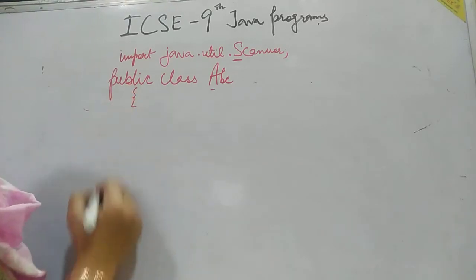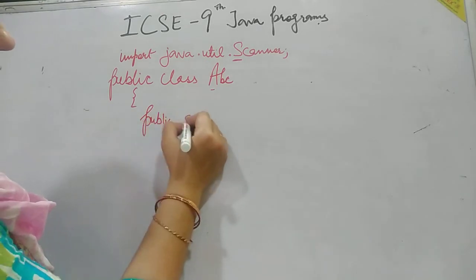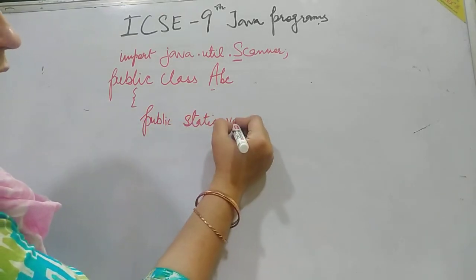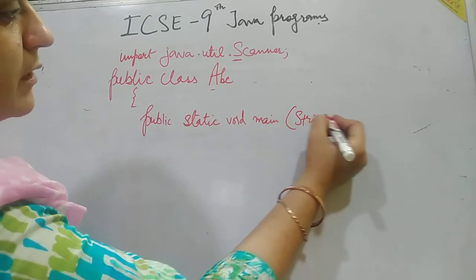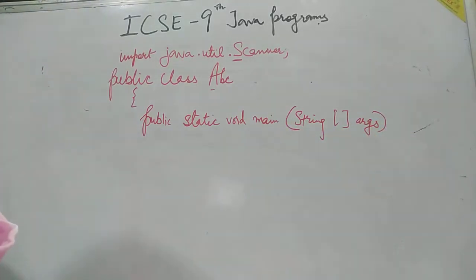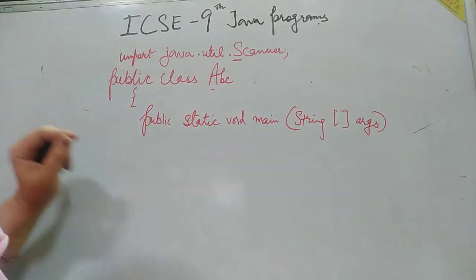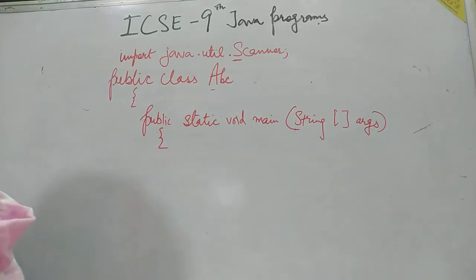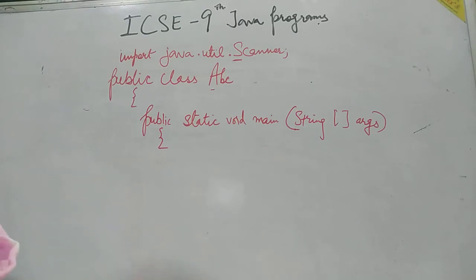So we will put a curly bracket for the class body, then we will write public static void main, and inside the round bracket we will write String args. In my other video for the basics of Java, I already explained these things. You can see that video. And inside the main method, this is a main method. Class consists of data and methods. Class is just a blueprint. It is a basic design for similar kind of objects.